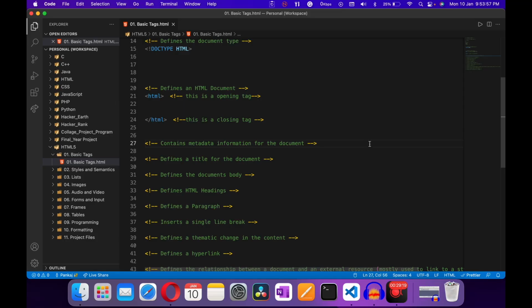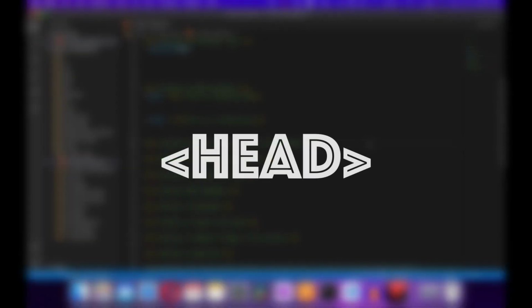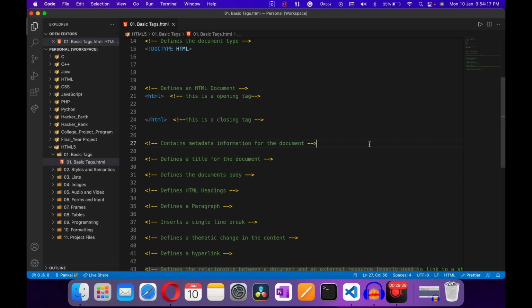Alright, welcome back. So in this video, we are going to talk about the head tag, HEAD tag. So what is the reason to define a head tag? The head tag contains the metadata and the information for the document. As an example, and we are going to cover this later in this course, if we use the style tag to put CSS inside your HTML document instead of having an external document, you would put that in the head tag.